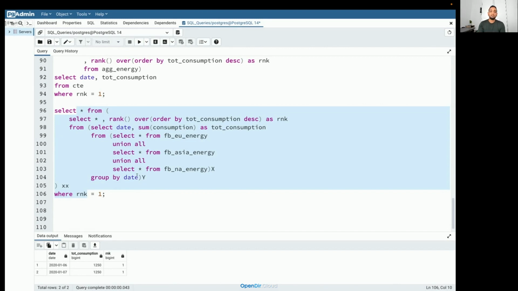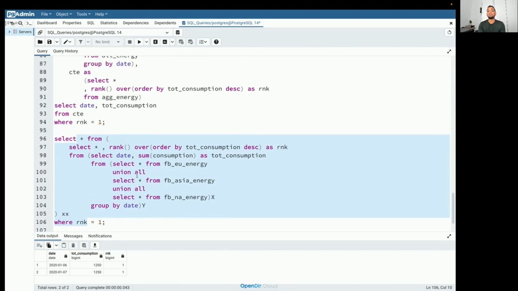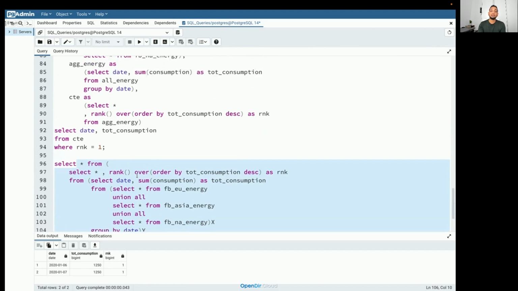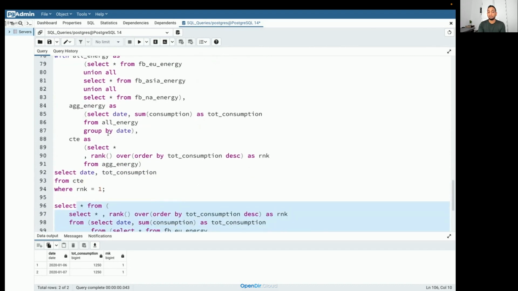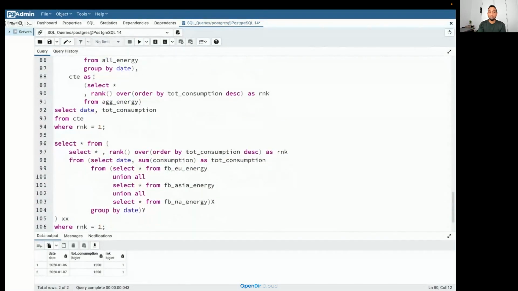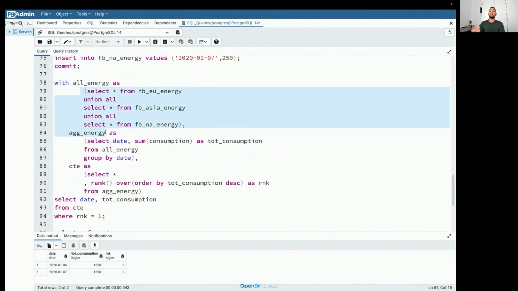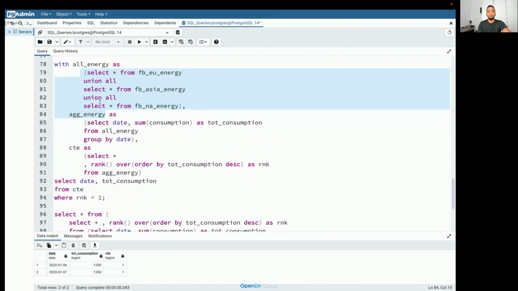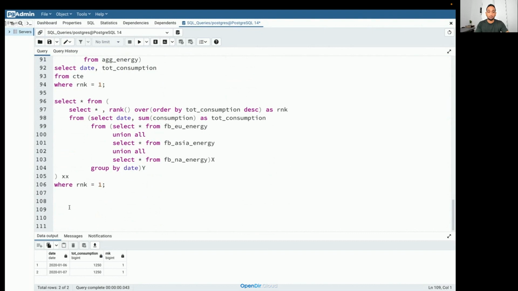In this particular case performance is not improved, but there are certain cases where with clause will improve the performance, specifically if you are using a subquery multiple times in your query. If you put that one subquery into a with clause, then SQL is going to execute that only once. But if you put a subquery 5 different times in your query, then it would get executed 5 or more times. So here there is no difference in the performance, but there are cases where with clause can actually improve performance a lot. I hope this question is clear. Let's move on to the next one.